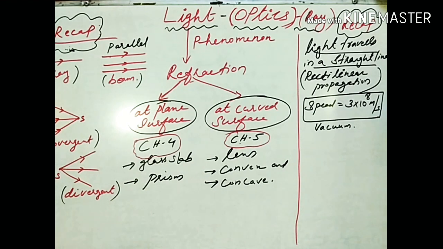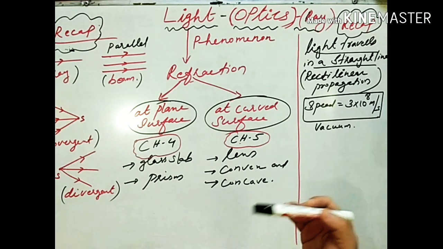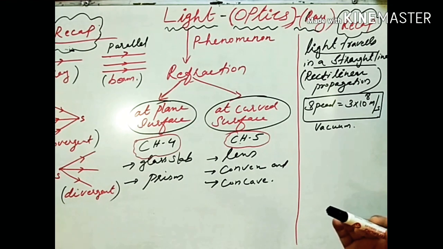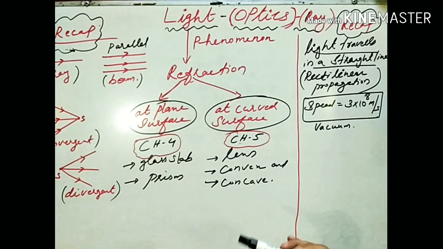What is an optical medium? Optical medium is a medium through which light can pass. Okay, so we have a transparent optical medium, opaque optical medium, which you have studied about optical medium in lower classes. Okay, so glass, water are the transparent medium of light through which light can travel. Remember that this refraction will take place only through transparent optical medium like glass, water, glycerin, etc.